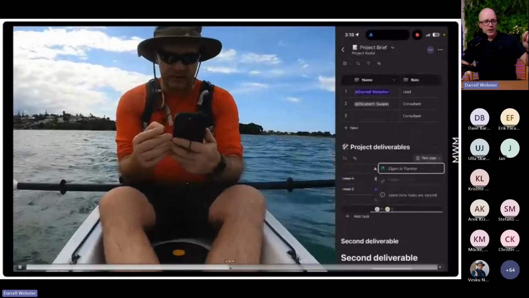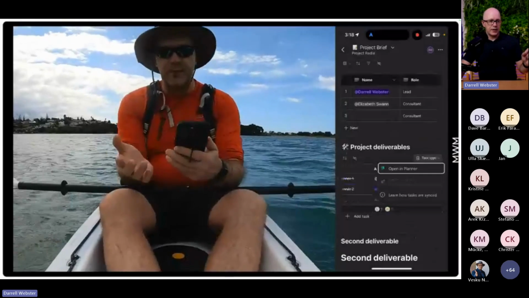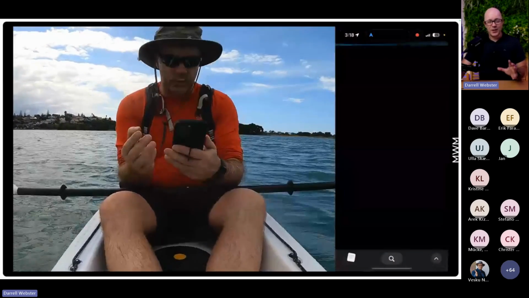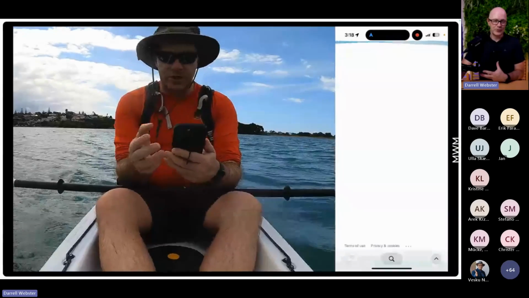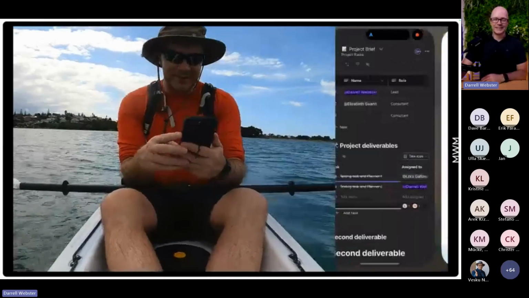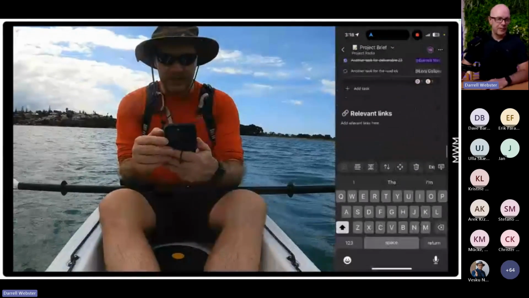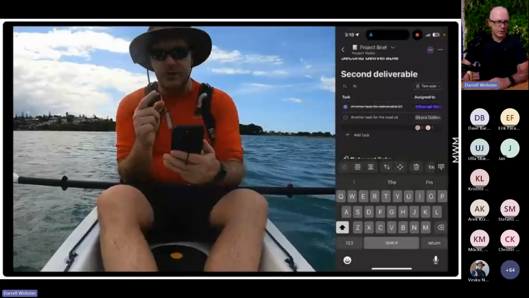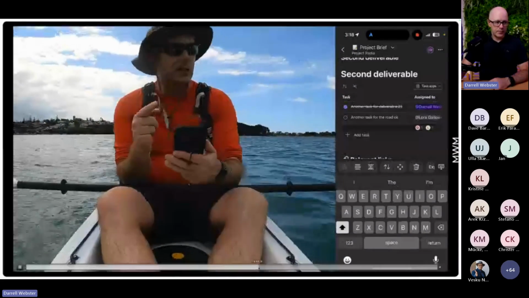Here we go. Here's the task list that I can update on a page to do with the project and the project brief. I can't open Planner because I haven't got it installed on my phone anymore. I uninstalled it, but it would be good to see that link through to the Planner app within Teams, wouldn't it? It would be quite good. So bit further along,